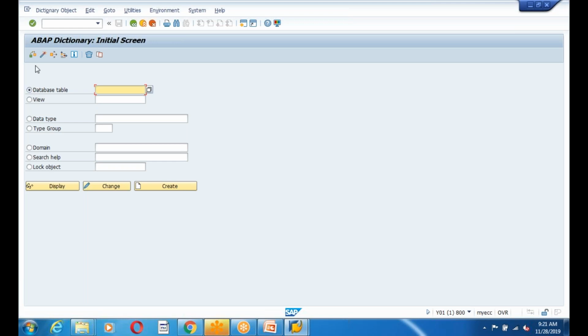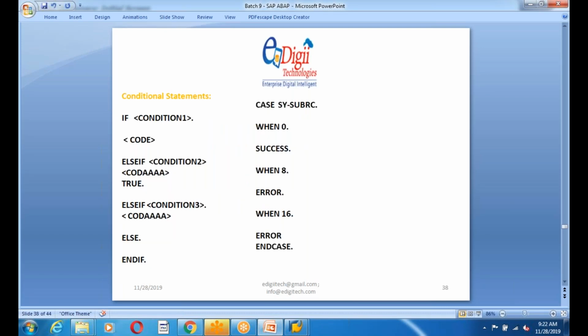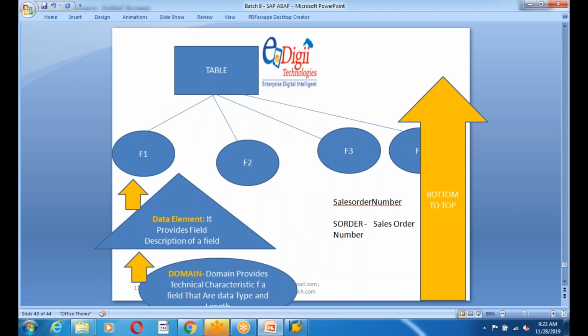Here also we have these many database objects. I can create only one database object at a time, guys. And if I want to create a database table, see, guys, a pictorial diagram will give a lot of idea. So now you can see, I have written one pictorial diagram. If I want to build a table, what do I need to do, tell me now, by seeing this diagram. First I need to create a domain, then I need to